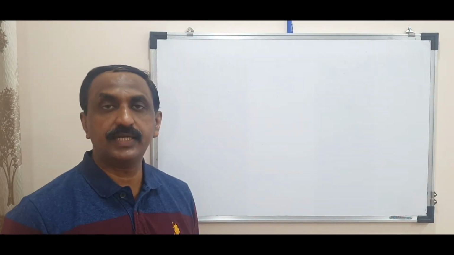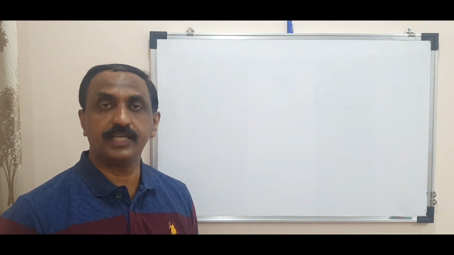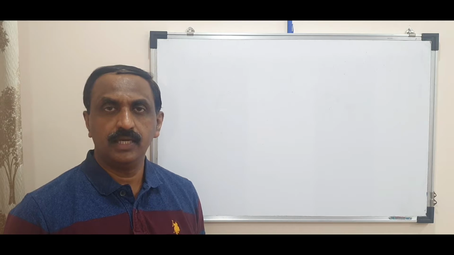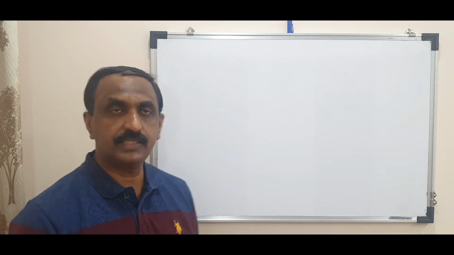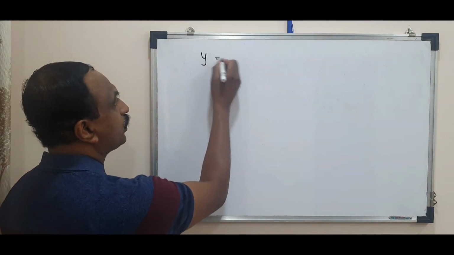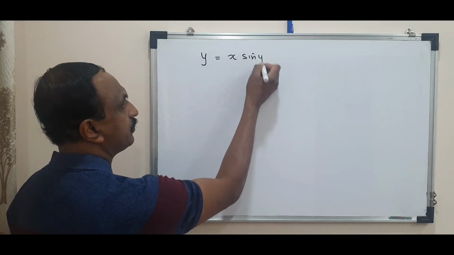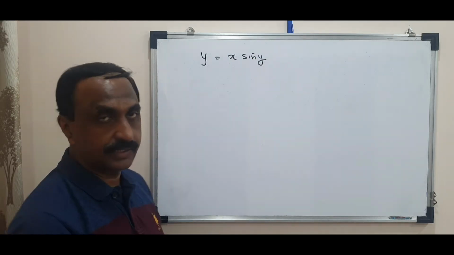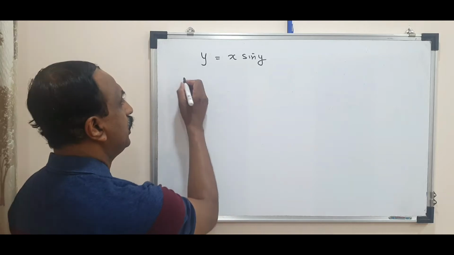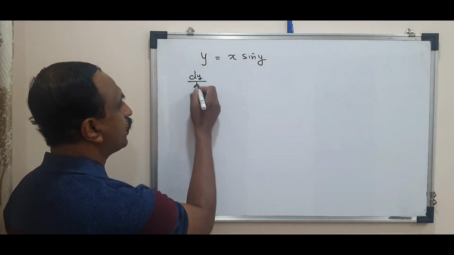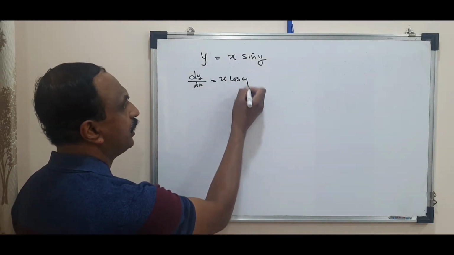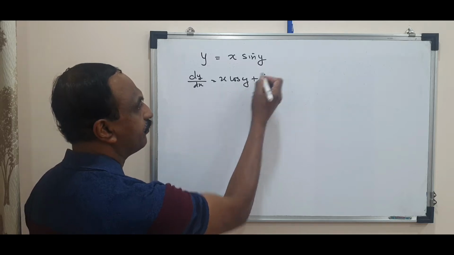In this class, we shall discuss how the same function can give different answers in the implicit function. So let's take an example: y equal to x sine y. Suppose I differentiate as it is and find out what is dy by dx. You will notice that dy by dx equal to x into cos y